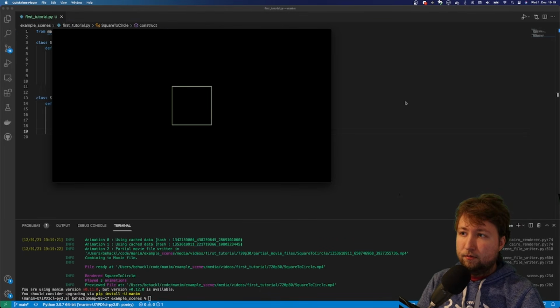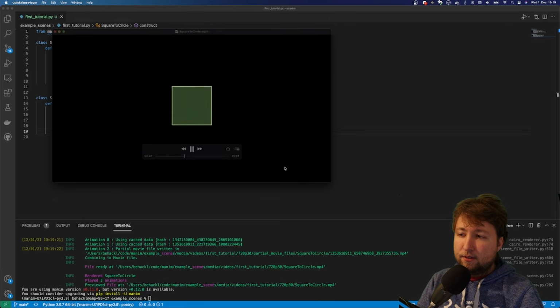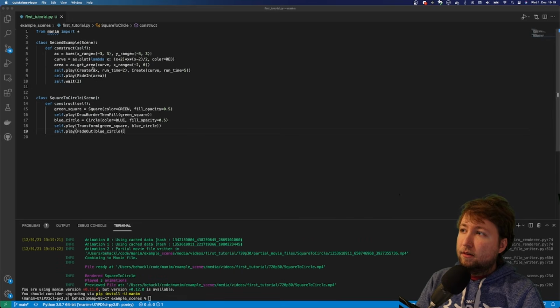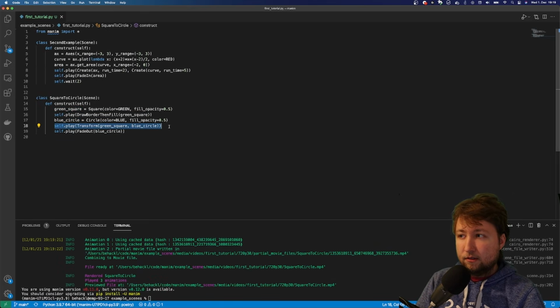Here's our animation, square into circle. And then you could see the thing light up somehow and then become dark again. But the circle is still here. Why does that happen? That's actually a weird thing that Manim does, unfortunately. The default behavior of the transform animation is that the first argument becomes the second argument, which means that now after this line here, after the transform for the green square has been played, the variable named green square contains